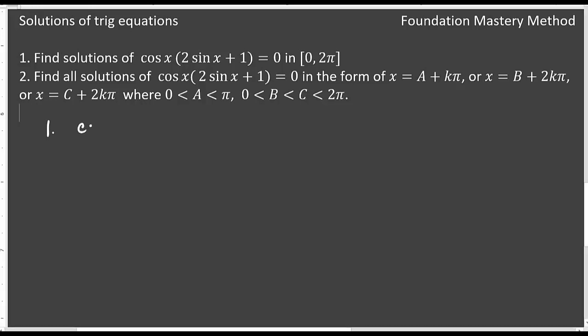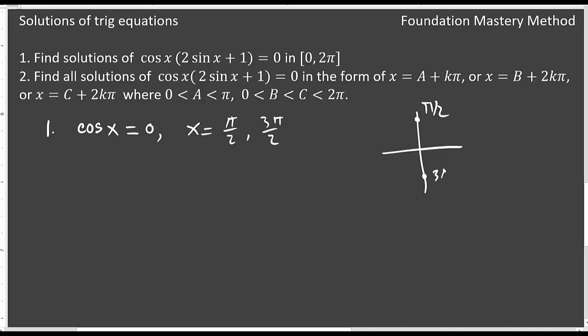So we can say cosine x is 0. So if my cosine x is 0, then x must be pi over 2 or 3 pi over 2. We know this already, because you can see cosine is 0 here and here. This is pi by 2 and this is 3 pi by 2. So when I'm looking for solution in these, then I say x equals pi by 2 and x equals 3 pi by 2. The other part, I have 2 sine x